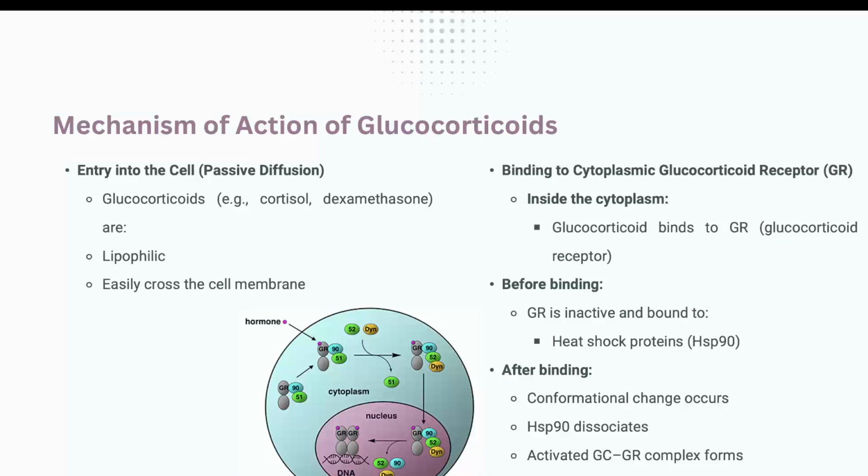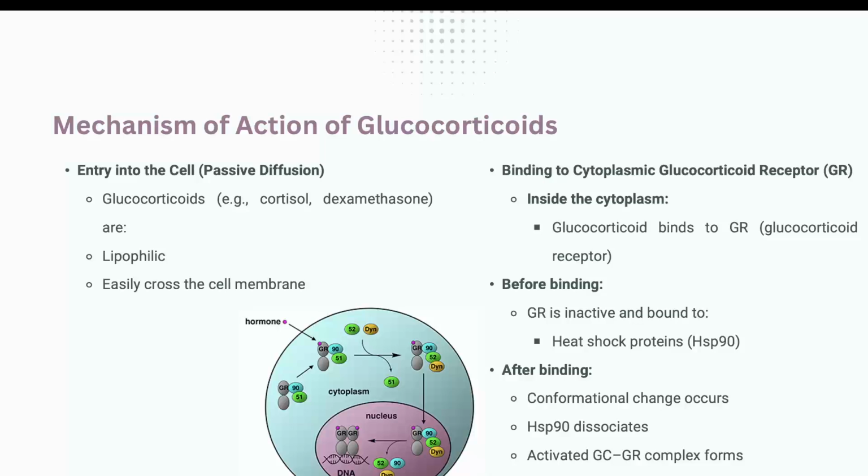Okay. The glucocorticoid receptor, without binding to the glucocorticoid, is inactive and bound to a kind of protein called heat shock proteins. These heat shock proteins are very important for the integrity of these receptors. They prevent dysregulation and protect the receptor so it is fully, normally functional. Okay, so when the glucocorticoid binds to its receptor in the cytoplasm, the receptor is activated.